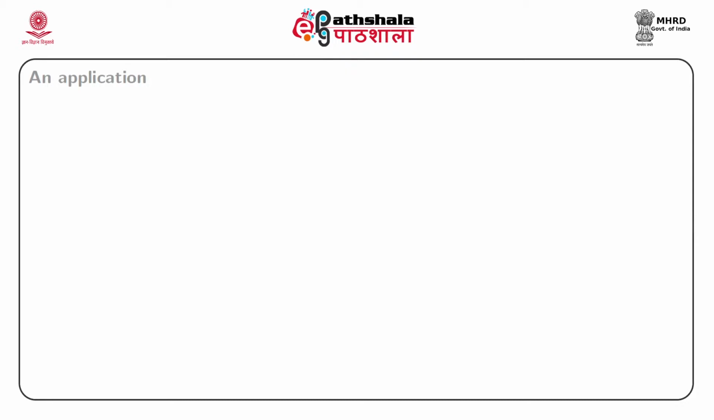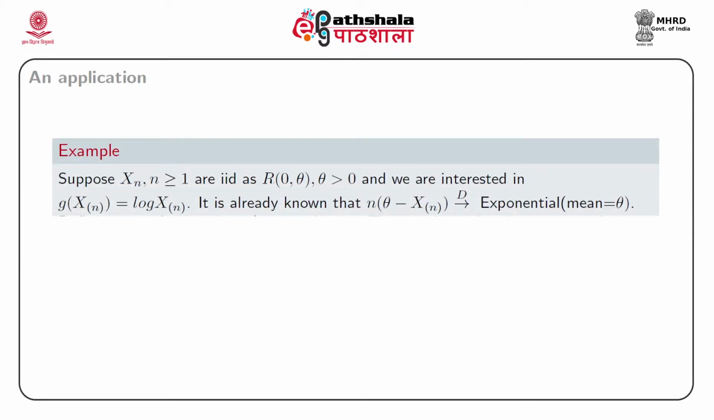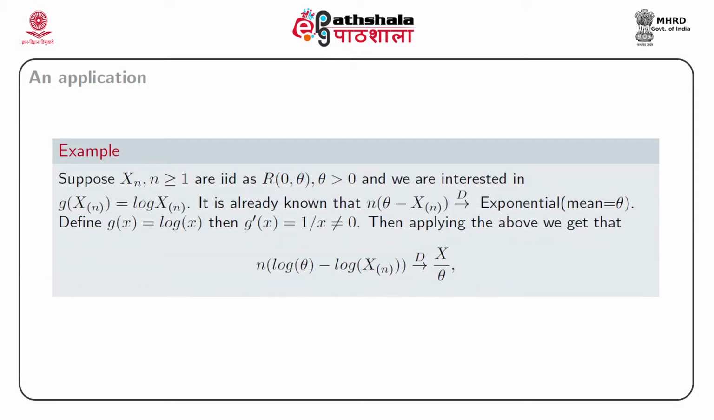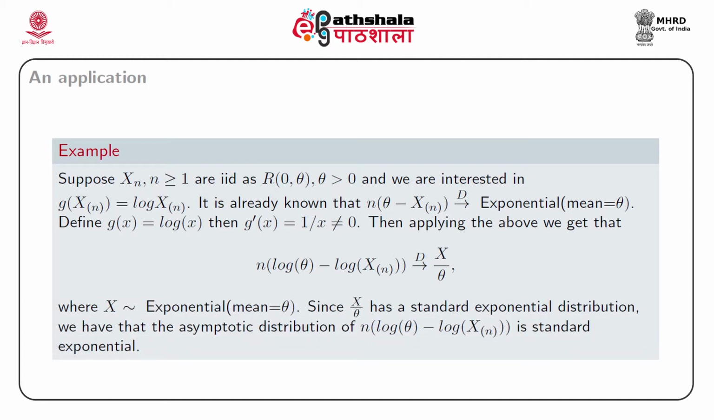Suppose X_n are IID rectangular (0, θ) where θ is positive, and we are interested in some function g which is defined as log of X_(n), the nth order statistic. It is already known that n times (θ minus X_(n)) converges in distribution to some exponential random variable with mean θ. So we define g(x) as log x, and since g'(x) equals 1 by x